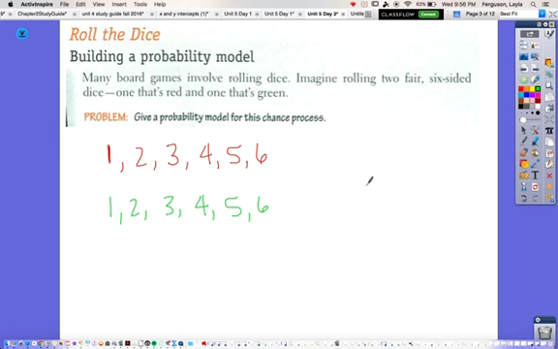So basically you could roll a 1 on the red die, and on the green die you could roll another 1. You could have 1 for a red and 2 for a green, 1 for a red and 3 for the green, 1 for a red and 4 for the green,